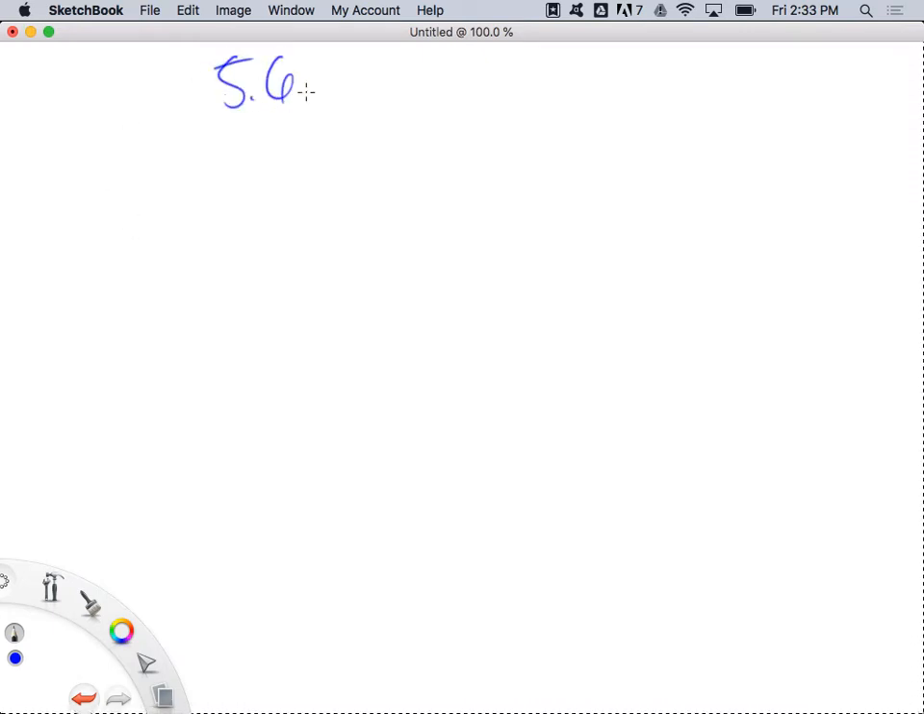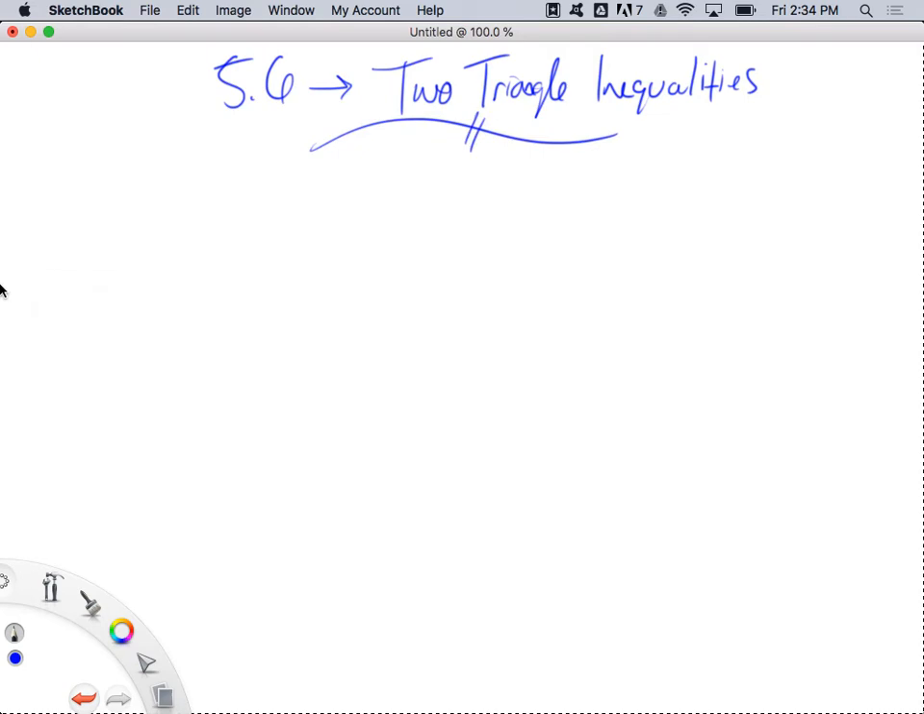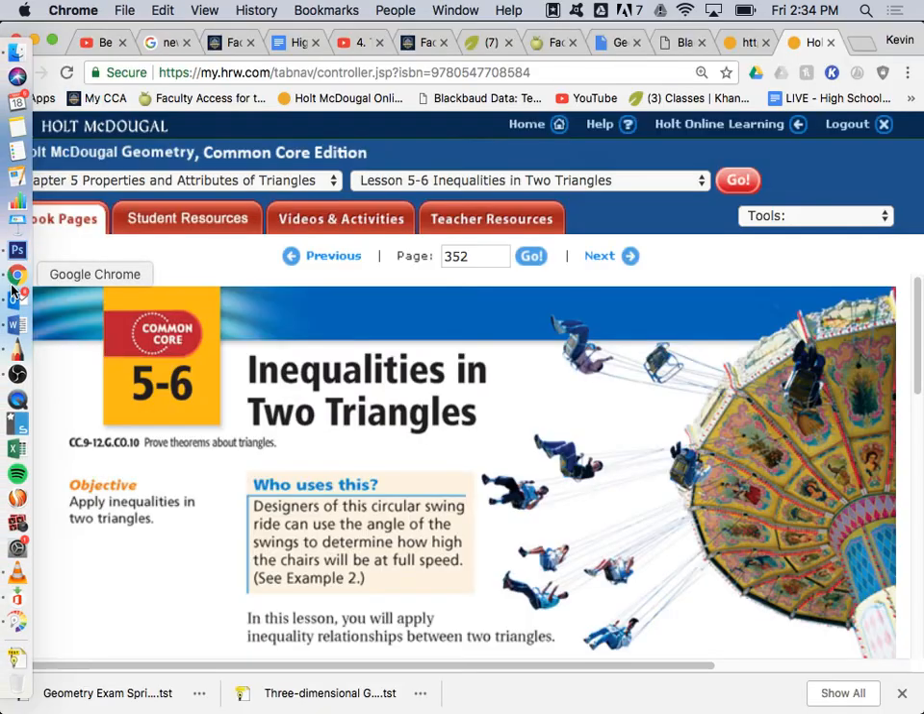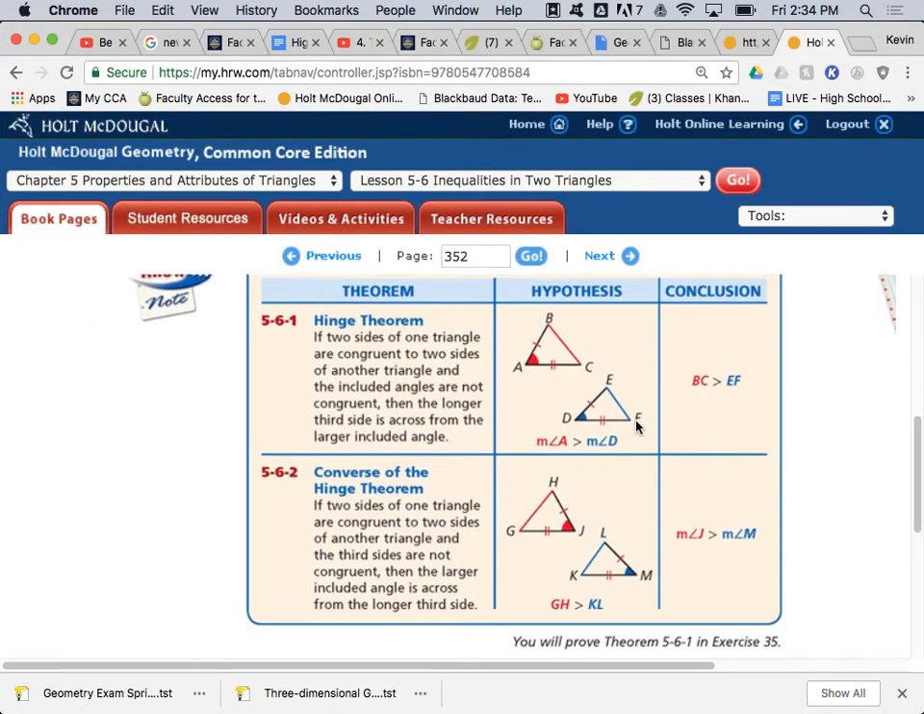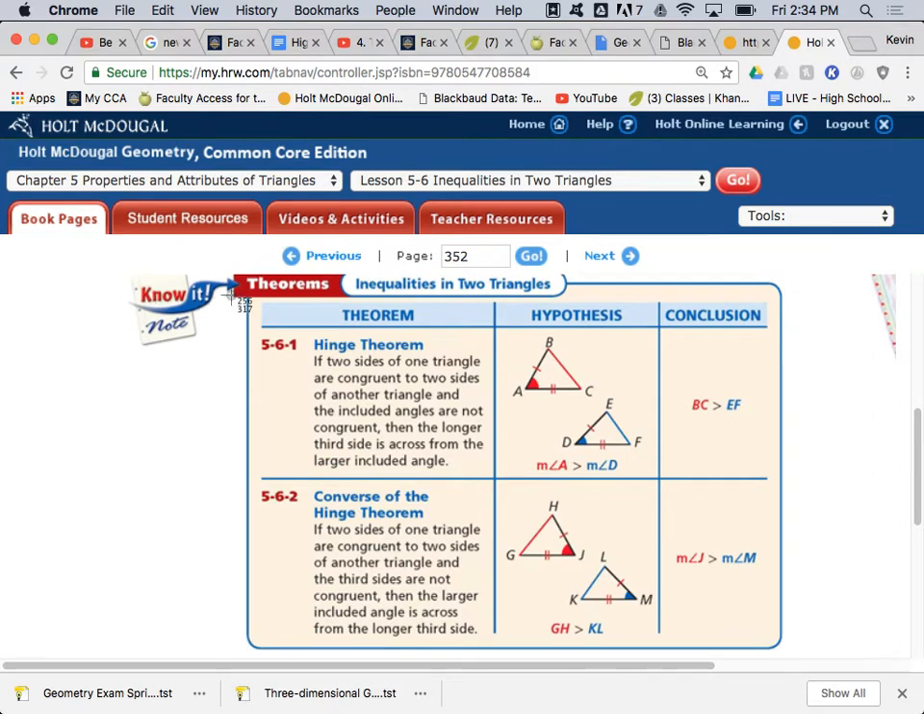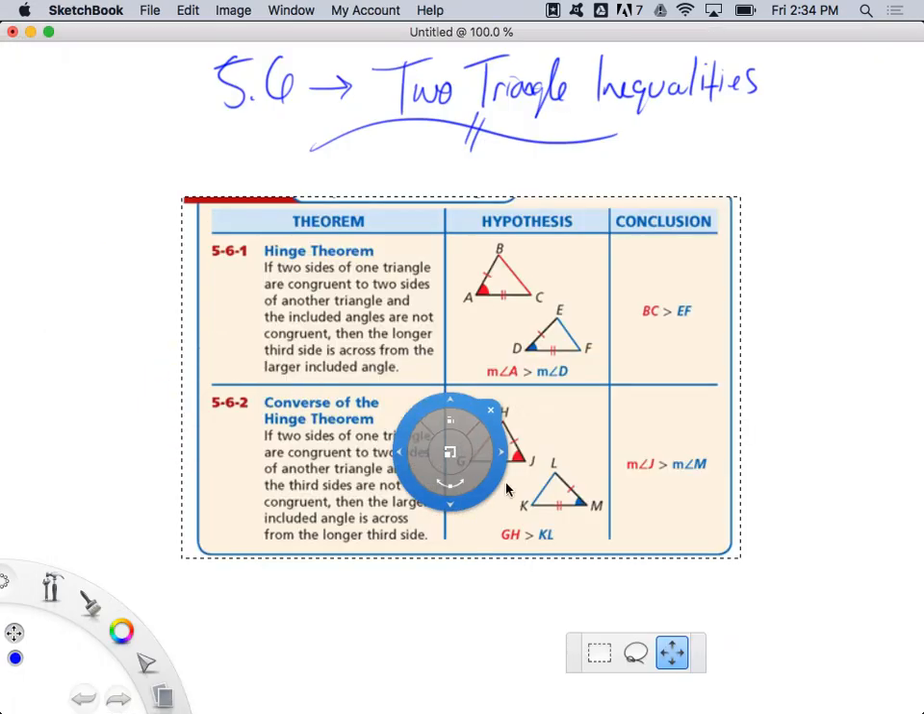Okay, and lesson 5.6 is two triangle inequalities. Like I said, don't feel like you've got to write every single thing down right now. You can if you want to. Two triangle inequalities. What does this say? Well, what this says